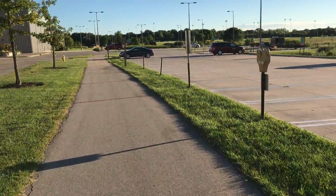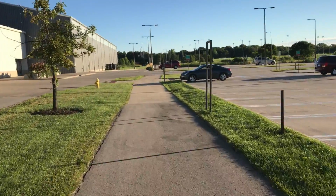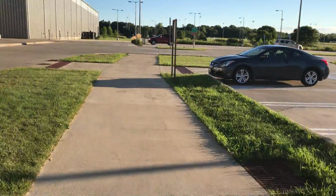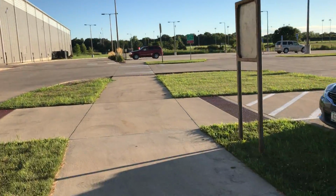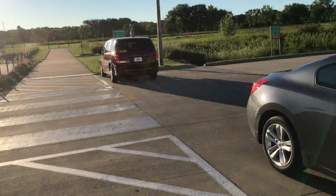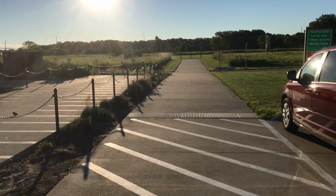You can get on this trail, and then just as you get to the end of the parking lot, if you turn right here, you may want to keep an eye out for traffic, because sometimes there are trucks parked here and they wouldn't see you entering the parking area. So anyway, you're going to go across the parking area,